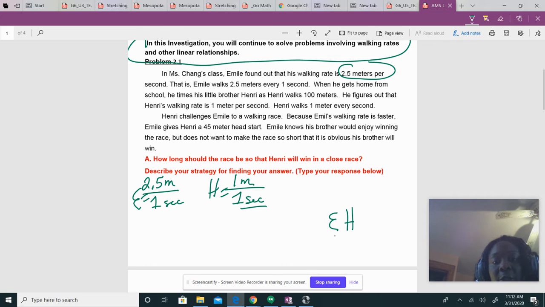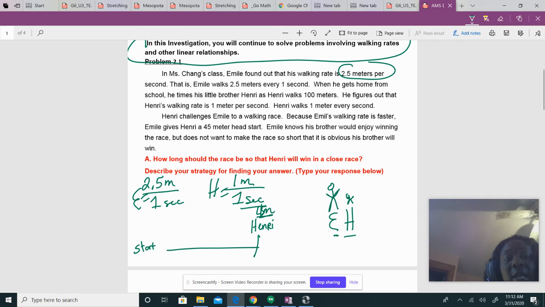So here's my little picture of Emil and Henri. Here's big brother, here's little brother. Okay. And then we also know that he's going to give him a 45-meter head start. So here's the start of the race. And who's going to get that 45-meter head start is going to be Henri. 45 meters. Okay. So here's what you then should have done: made a table, made a chart of 45 meters